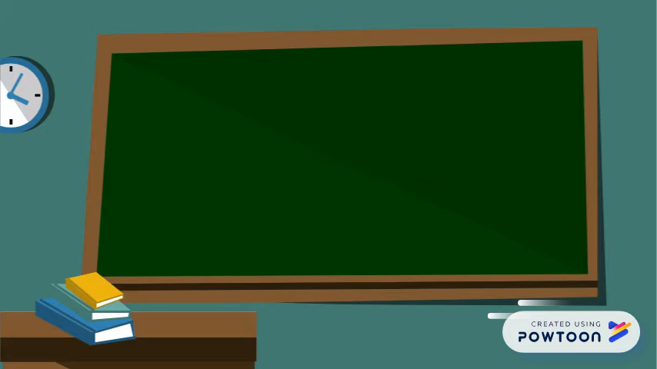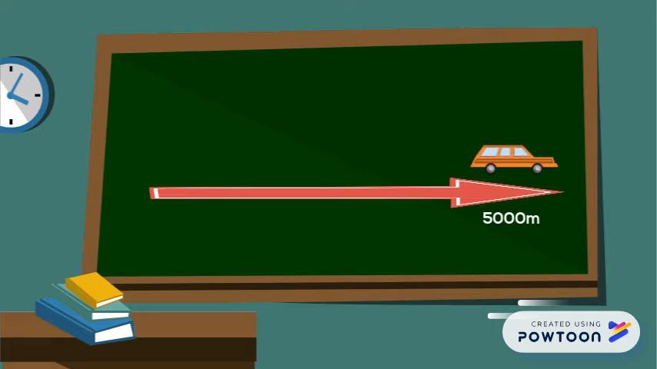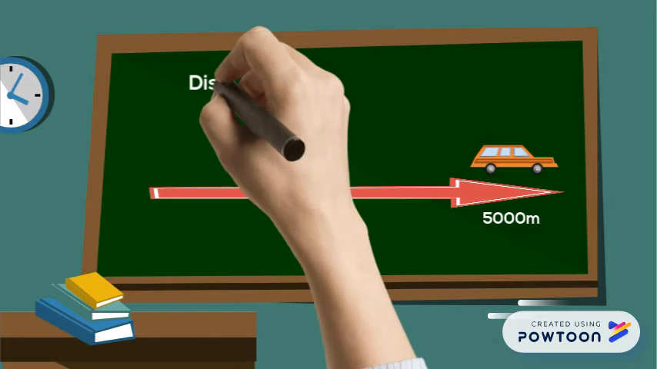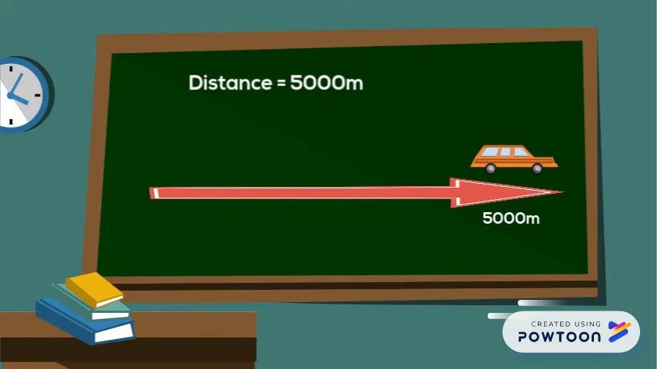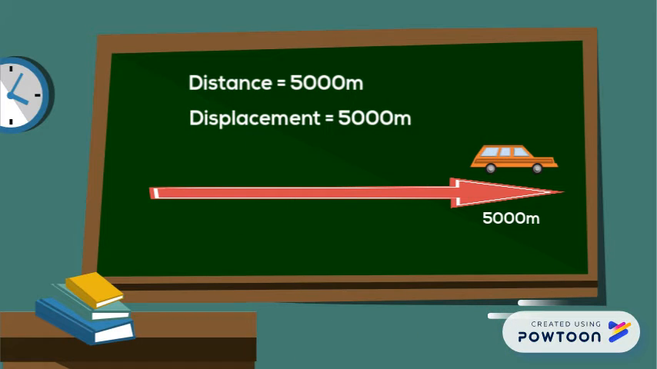To understand the difference between scalars and vectors, we can use the example of a vehicle driving in a straight line. For this example, our car drives for 5 kilometers or 5,000 meters towards the east. Our distance, defined as the total movement of the vehicle, is 5,000 meters. Our displacement, which is defined as the difference between the final and initial positions, is also 5,000 meters, but